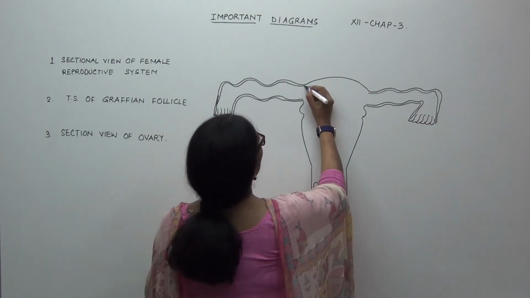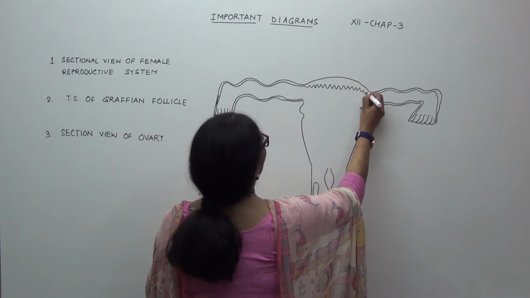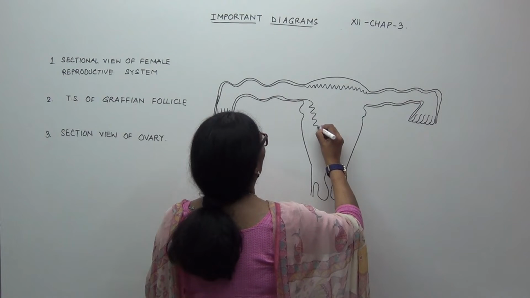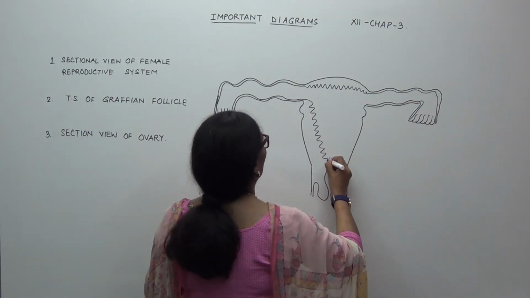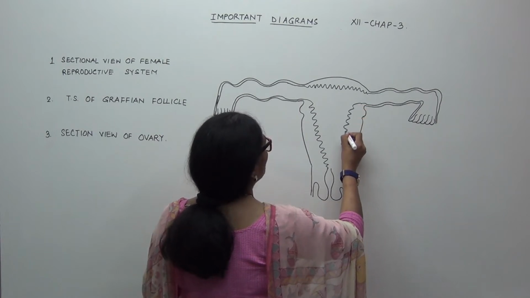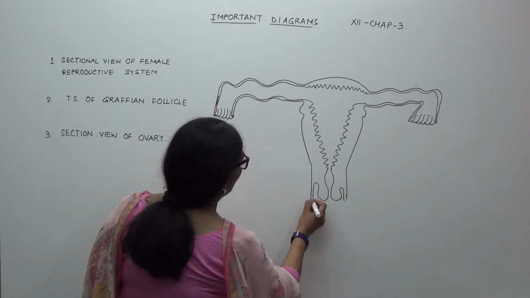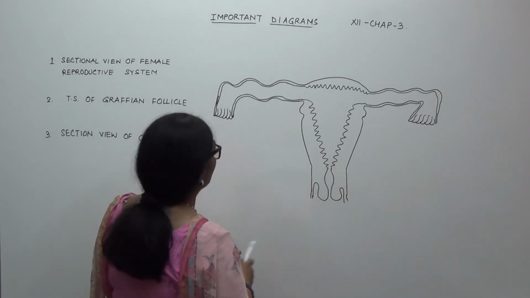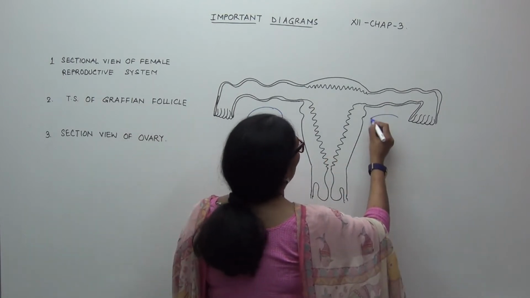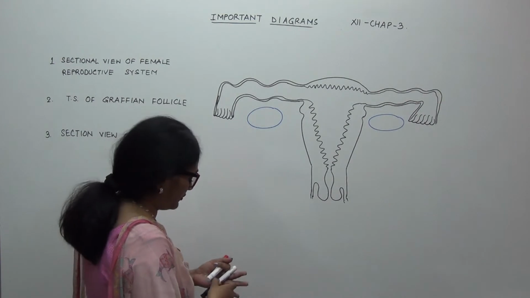Now that it is done, let us make the uterine wall. Join these two like this, and this is the entire wall of the uterus. You have to join it with this line. You have to join it with this line, and this one you have to join it with this one. You can see, so the diagram of female reproductive system excluding ovaries is complete. Now this is my ovaries, 1 pair of ovaries. I am going to make it like this. I am drawing separately, you make it with a black pencil. Mine is a little broad on one side and less broad on the other, but then you know how to make it.